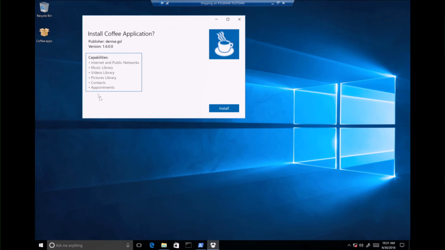But I can see, for example, all of the capabilities that this application has declared that it wants to use. In this case, they don't look like anything particularly interesting, although if I accept this application, it does have access to my contacts and appointments, and I might decide whether I want to do that or not. But at this point, I can simply go ahead and click Install, and